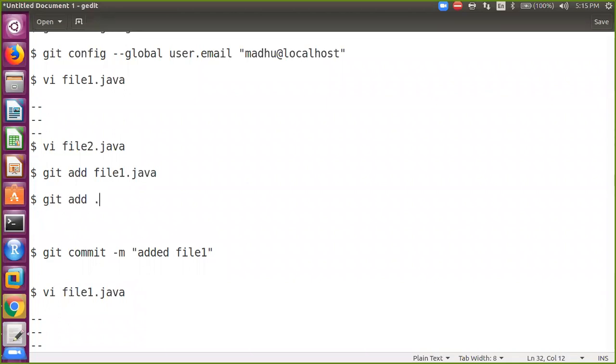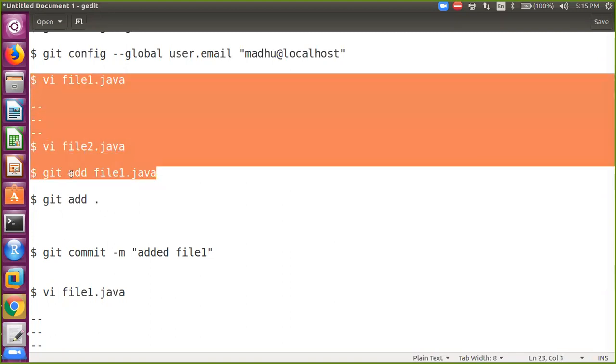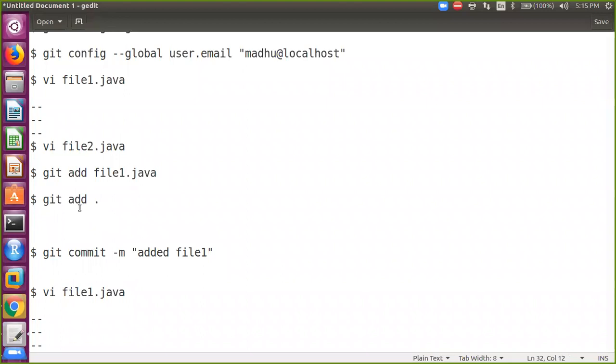Okay, if you want to add all the files, just say git add dot. It will add all the new files to git. Once a file is already there but you have modified it, whenever you modify it again you need to add that file, right? So when you want to add that file directly after editing it,